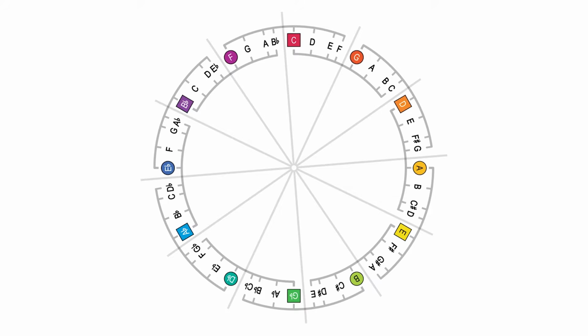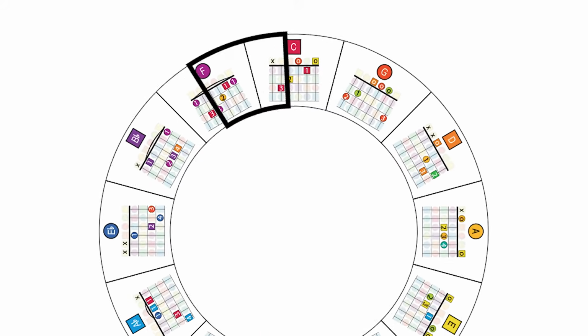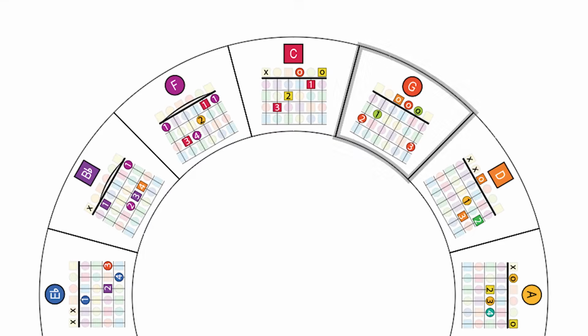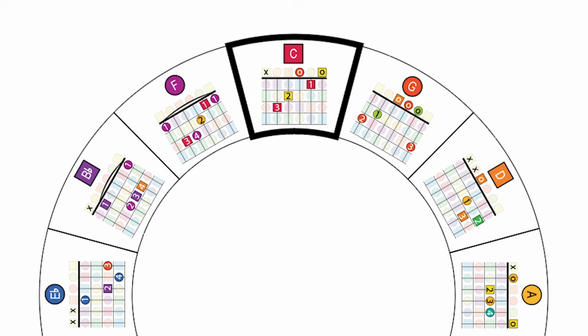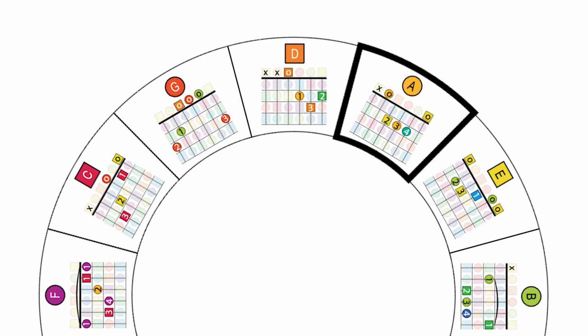Now, what's cool is that the same connections between these keys also apply to all of the chords in those keys. For example, instead of picturing the circle of fifths as scales, if you see it as a ring of chords, it looks like this, where all neighboring chords are related, like C, F, and G, and G, C, and D, and D, G, and A,